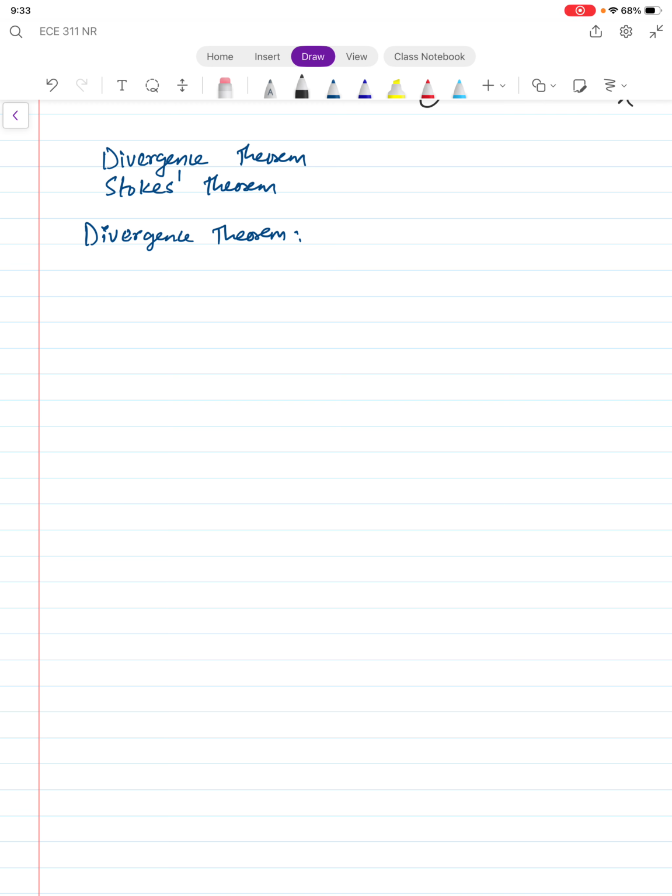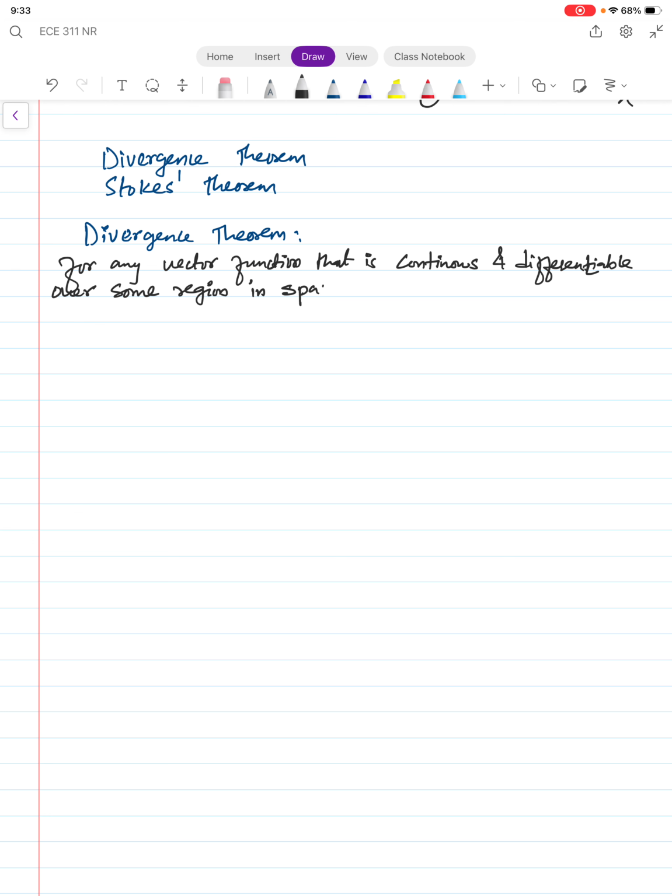Okay, so let me write the definition of the divergence theorem, which says that for any vector function that is continuous, meaning that it's smooth and differentiable, over some region in space of volume V. Okay, I think I'll just write volume V. The volume integral of del dot E